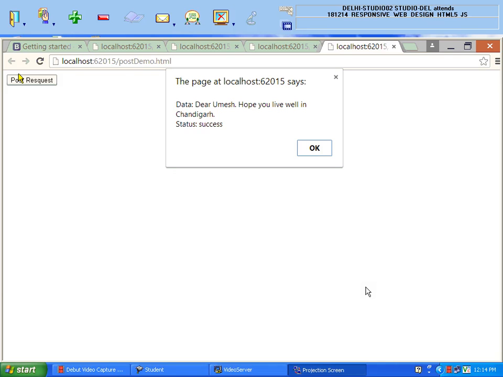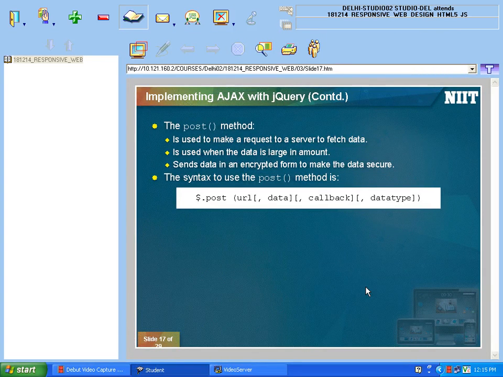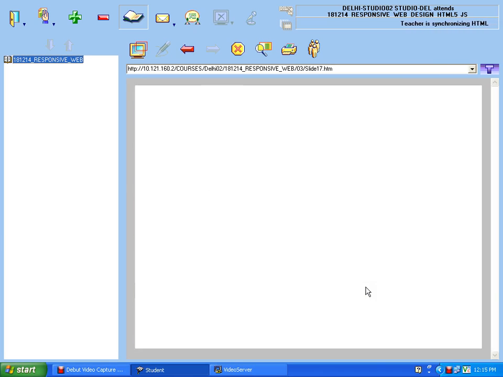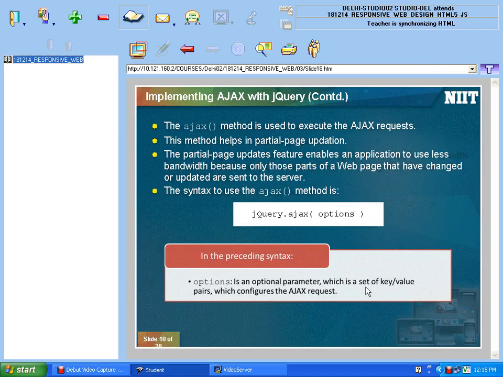Now the next method, which is very important and which we use most of the time while using Ajax. The function name is ajax itself. This is the name of the function. You can find it on the screen.